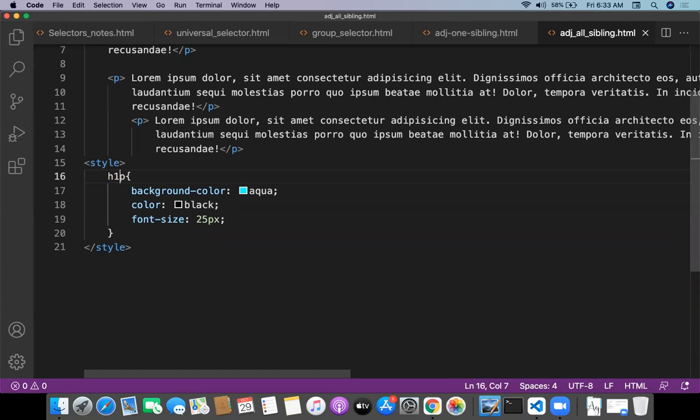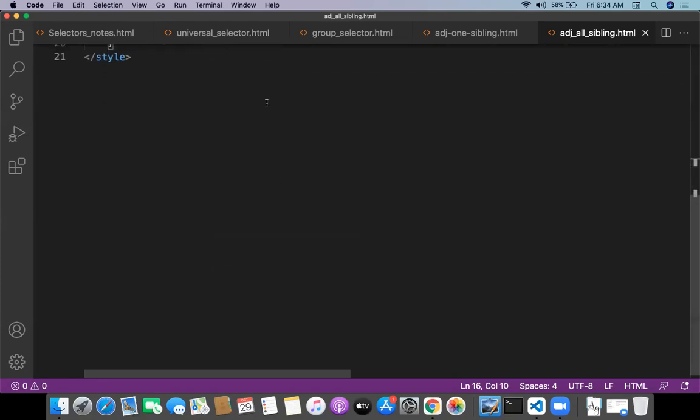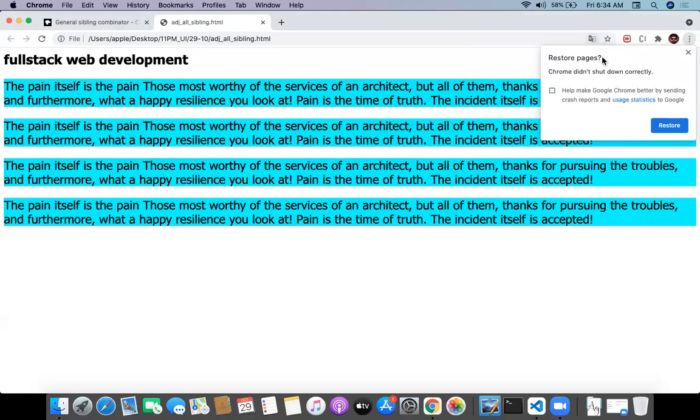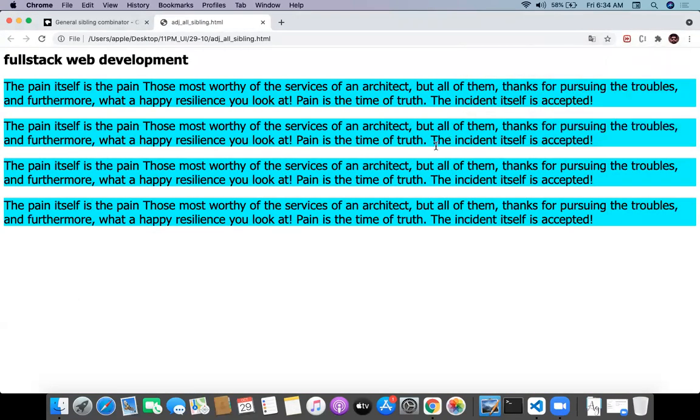All sibling means all the paragraphs after the h1 need to get selected. Can you see now? All the paragraphs after the h1 are selected. This is actually called the adjacent all sibling selector. The previous one is the adjacent one sibling selector, and this one is the adjacent all sibling selector.